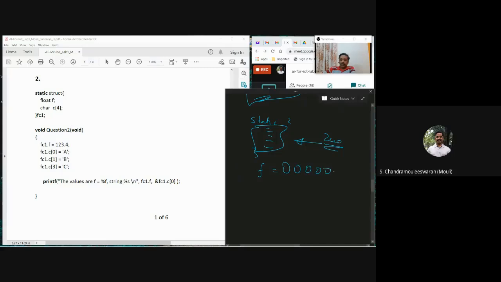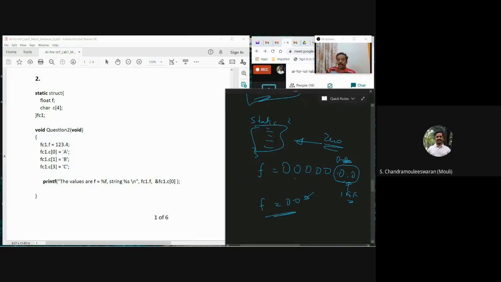All zeros. It's not 0.0? No. Actually, I think it will do 0.0. Whatever is the IEEE format of 0.0, it will be loaded. Wait, let me think. I don't think it will, unless you do f equal to 0.0. It depends on the compiler, it again depends on the tool.